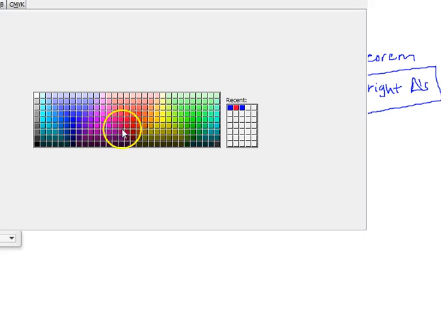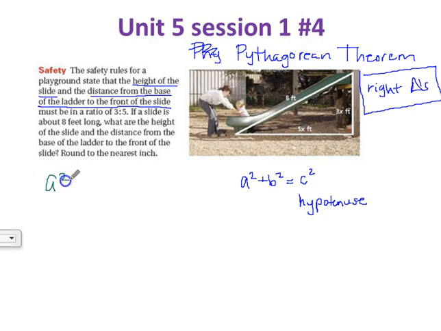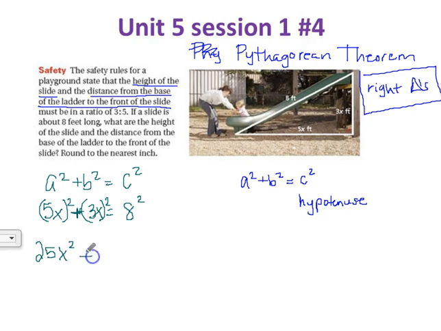The Pythagorean theorem, we know, is a squared plus b squared equals c squared. So the hypotenuse is always going to be the c squared. I'm going to go ahead and plug that in. The hypotenuse is 8 squared. We have 5x squared, so we're going to square the entire term, plus 3x, and we're going to square that entire term. So for 5x squared, you need to square both terms. We're going to square 5, which is 25. We're also going to square x, which becomes x squared. We'll do the same thing for 3x squared. The entire term is squared. 3 squared is 9. x squared is x squared. Equals 8 squared, which is